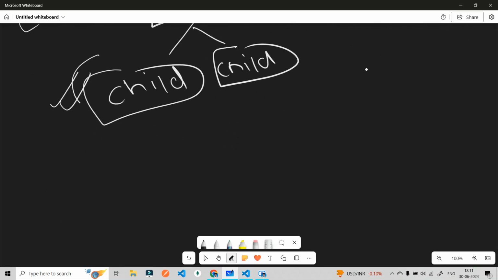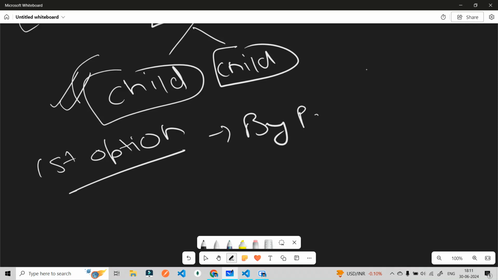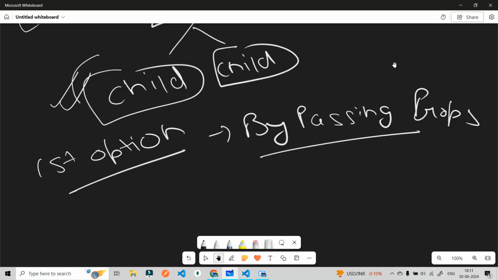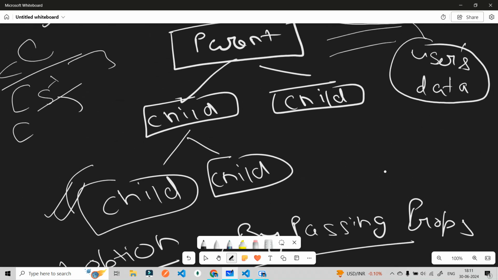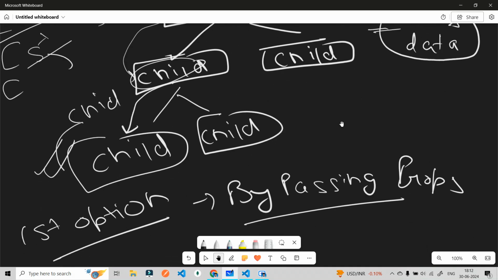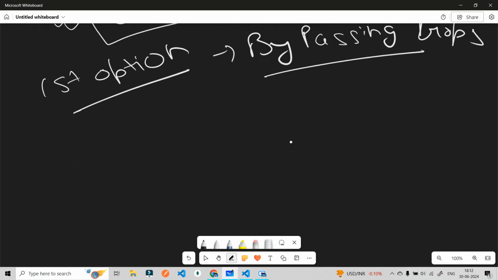The first option is passing props, a very simple concept. You pass the state to this child, then this child will have this state, and then this child will pass this state to that child. Okay, that is understood, this is one solution we can do. But when we talk about it,